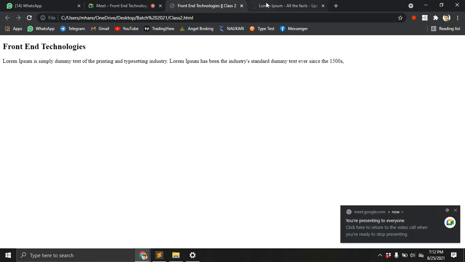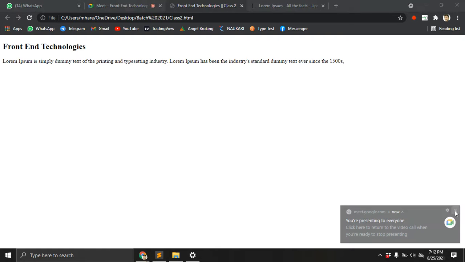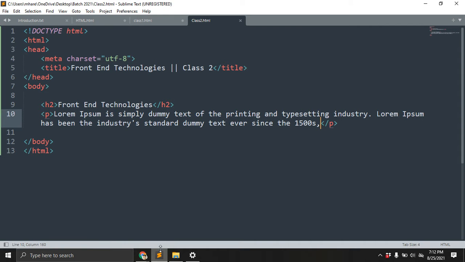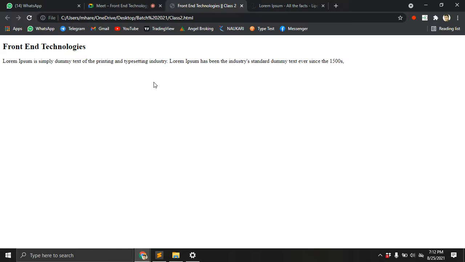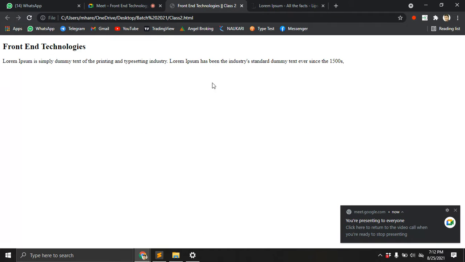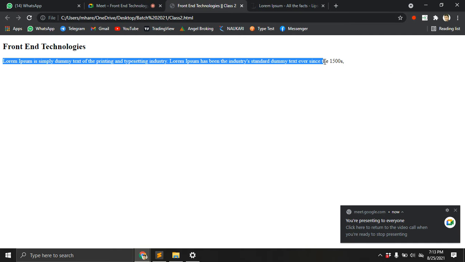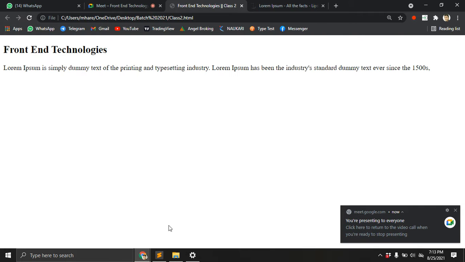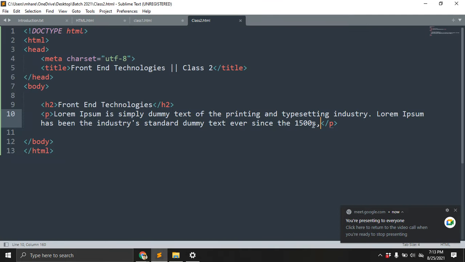Here I'm adding an image. Let's see how I can add the image in the browser. What is the tag required? So don't be late. Here I'm giving the H tag, and here is one of the paragraph tags. And I'm giving one image here. Let's see, I'm copying this content again. Control C, and again I'm giving it here.